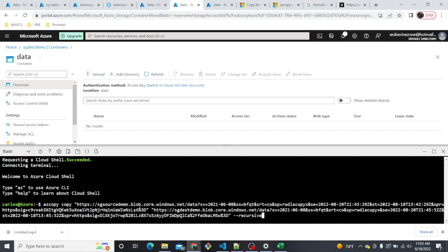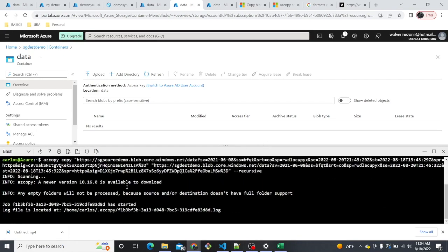So I have that command preloaded. We can see right here is az copy source demo first. Right here we can see that I am pointing to that data container. And my second parameter is a destination. Over here we can see that I'm also pointing to that data container. And I'm gonna be doing this recursively. So when I run this command,